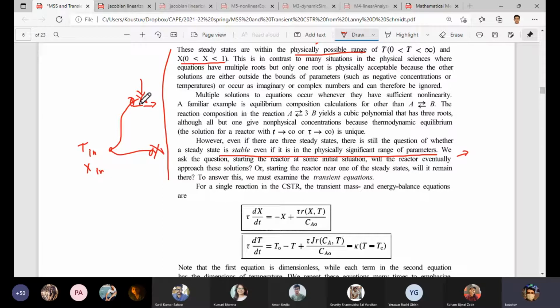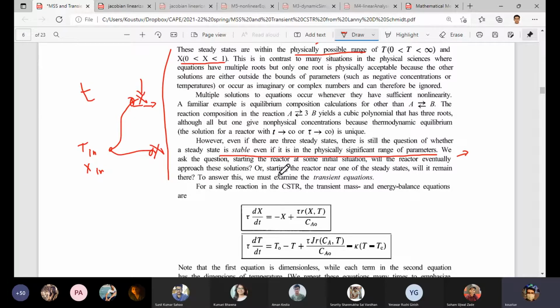So what we are characterizing is that there could be two cases. One is that given some initial conditions, whether ultimately the temperature and conversion reach that steady state. That means you go on integrating, and at t equals infinity, or at long enough time, you want to see whether it has reached that steady state or not. That is one case. Or suppose you start the reactor exactly at the steady state point, or very near it, and whether it reaches that steady state point, or whether it shifts further away from the steady state point. These are the queries that we also have.